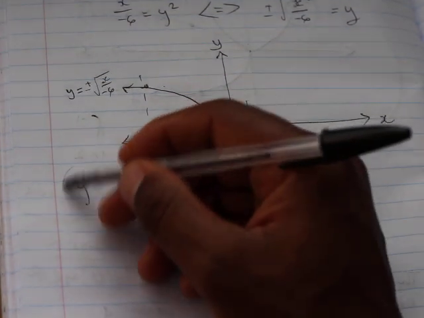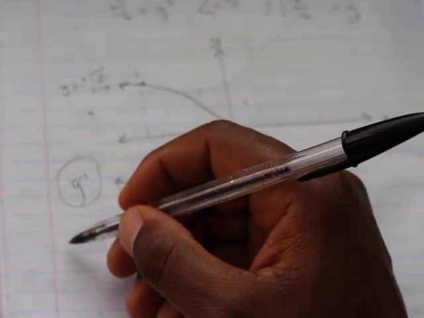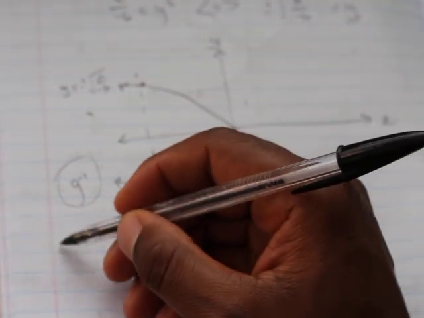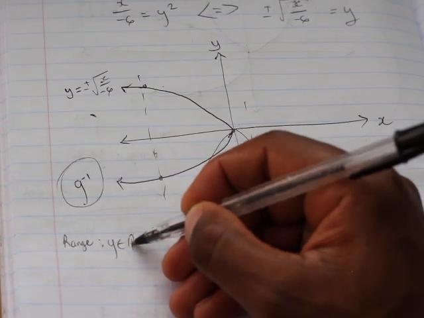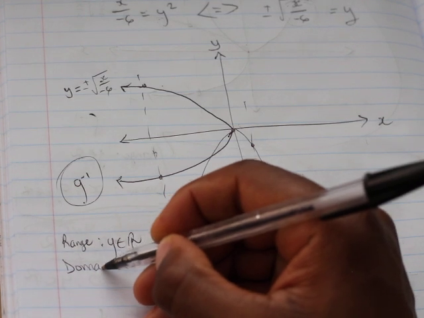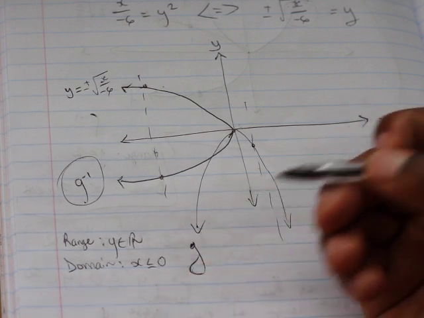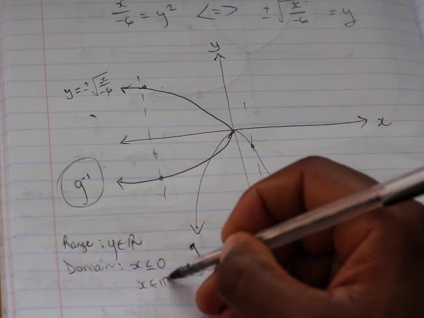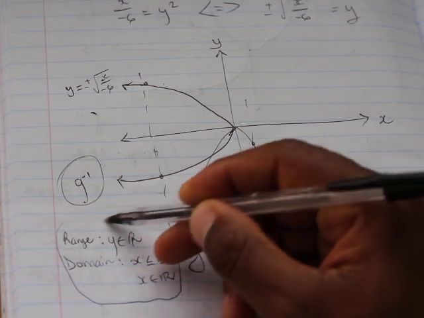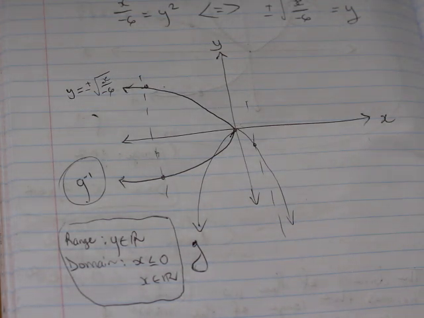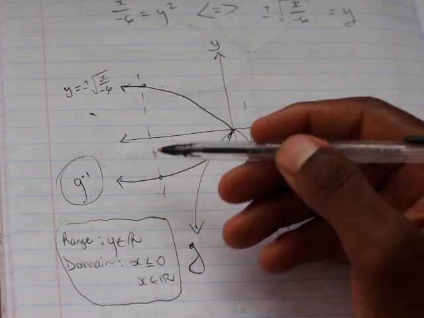So for g, we either have to restrict our domain, because remember the range as it stands is y an element of real numbers, and the domain is x less or equal to 0, where x is an element of real numbers. But remember what I said, we always need to alter the range in order for g inverse to become a function. So how do we alter the